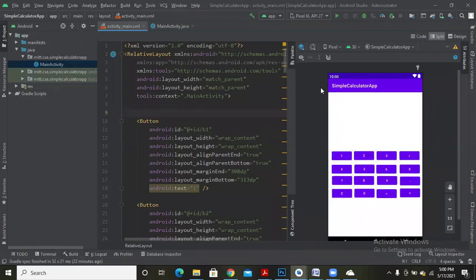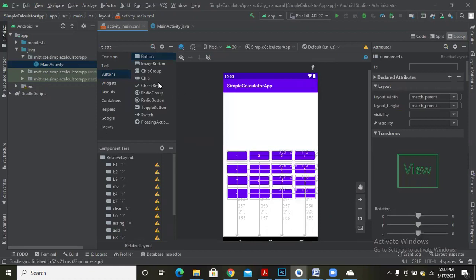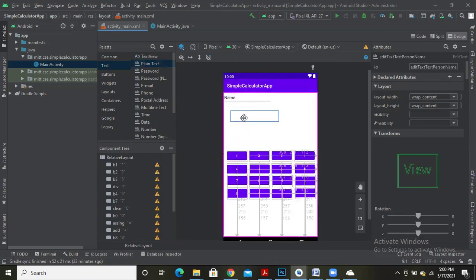So now after adding all the buttons, let me add one text view, an edit text view. Let me go back to the design. Go to the text section under the palette, select this plain text, drag it and drop it onto the screen. So this is going to be placed at the top, which is not going to move either horizontally or vertically. Why? Because of the relative layout.